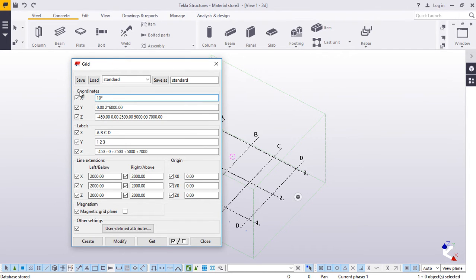We need column to column with an interval of 6 meters each. Now we need 10 columns and 6 meters in between the columns. Now we'll type the number of columns and the interval dimensions, which is 6 meters. We'll enter that 6 meters on X axis. This is X axis and Y axis is this. Now on Y axis